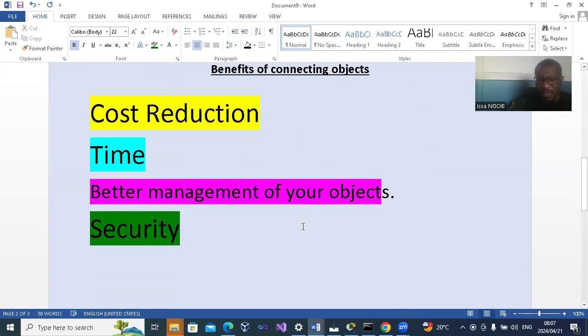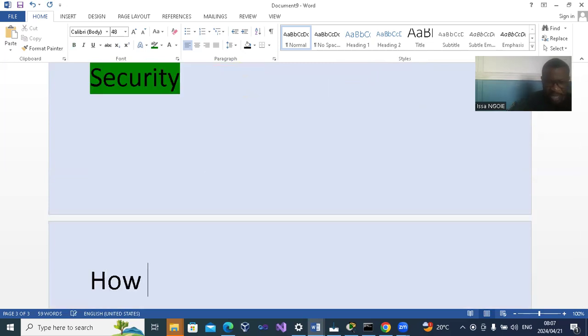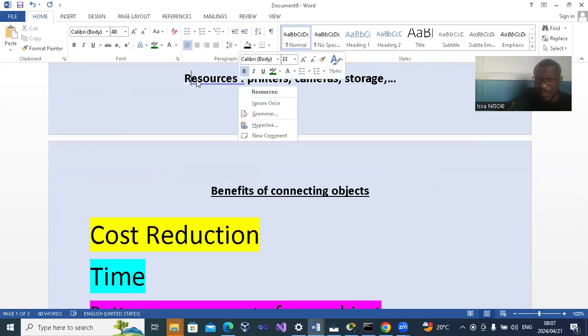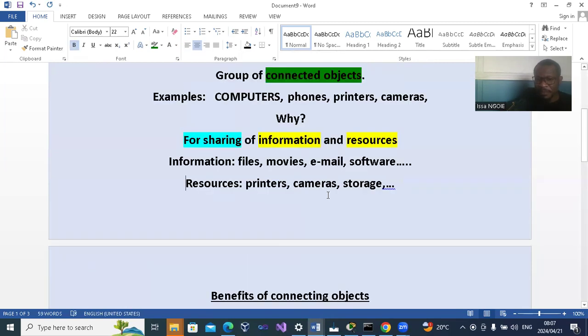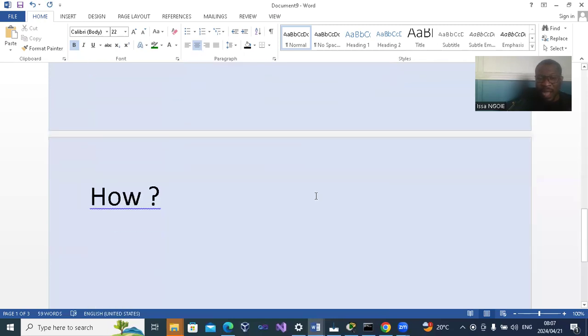We spoke about the benefits. Now we are going to talk about the question of how, why you have to connect those objects for sharing information and resources. And now we are going to talk about how you are going to connect those objects. You are going to connect those objects by using